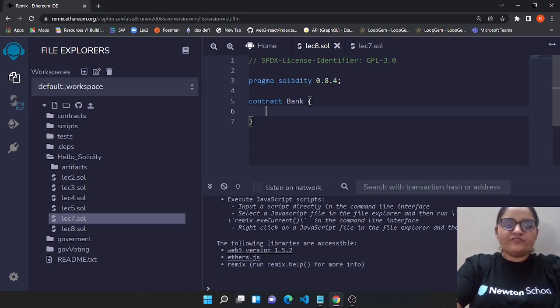First of all, we need to check our balance, and for that we need to map our account address with our existing balance. So we create a mapping, and this should be public. The key should be your address, and this should be linked with your message.value.